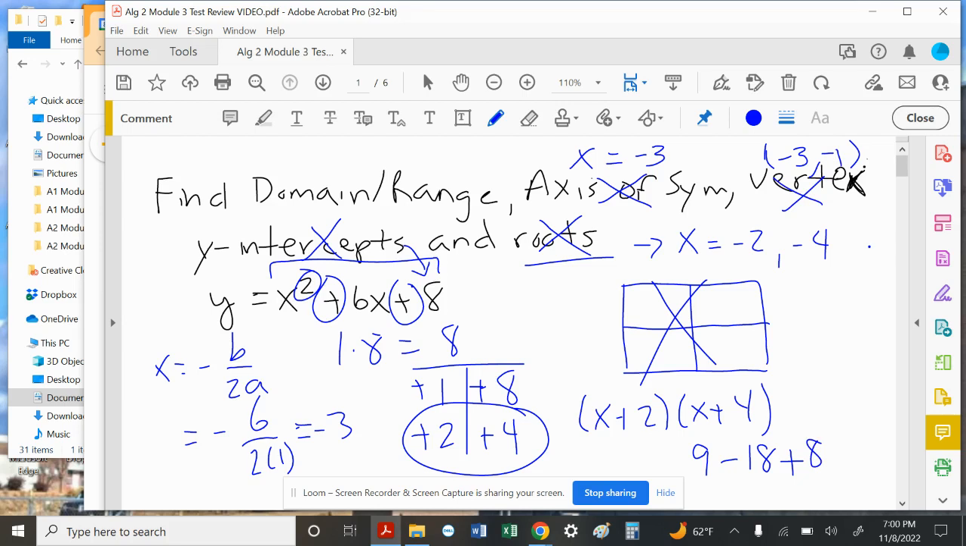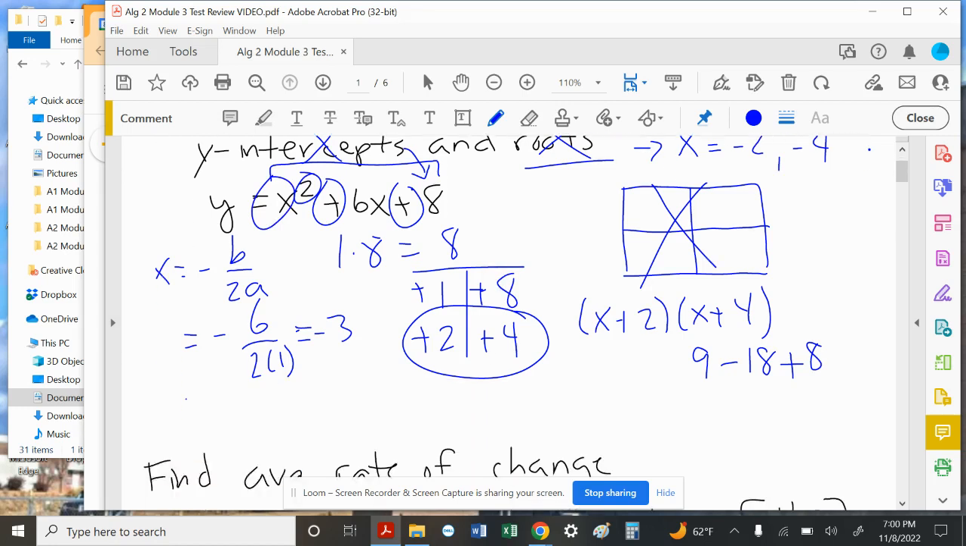Well, this is pretty straightforward. The domain, if it's a parabola, in this particular case, it's going up because it's positive. So the domain would be all real numbers. So I can probably write that down here. Domain is all real